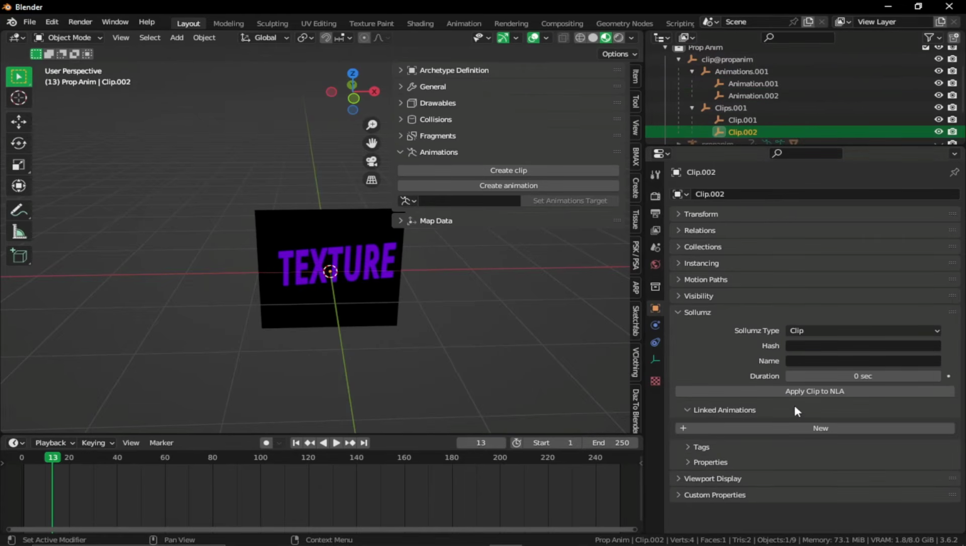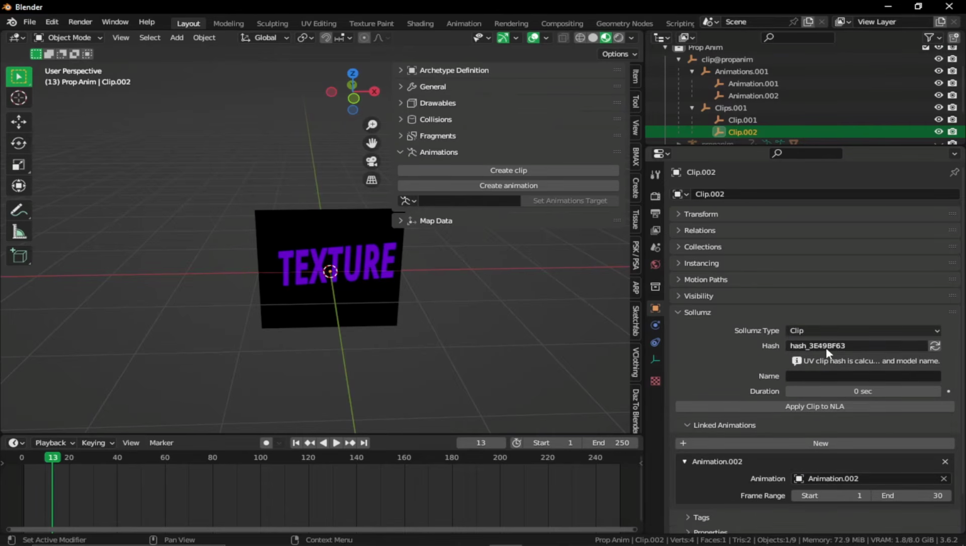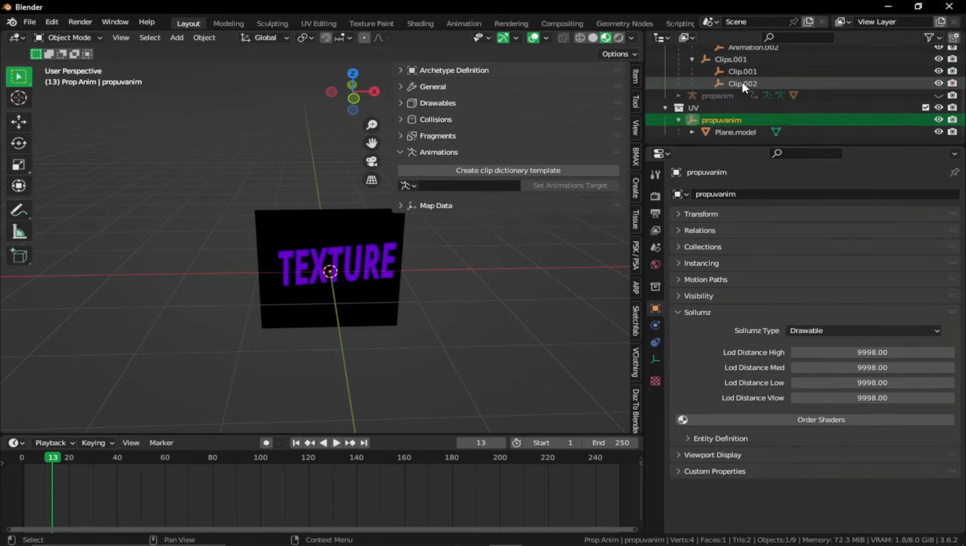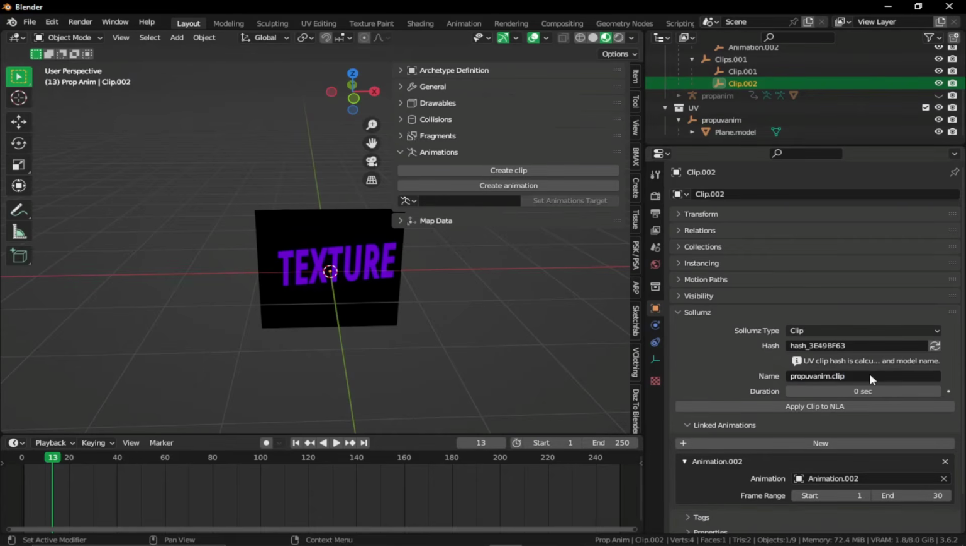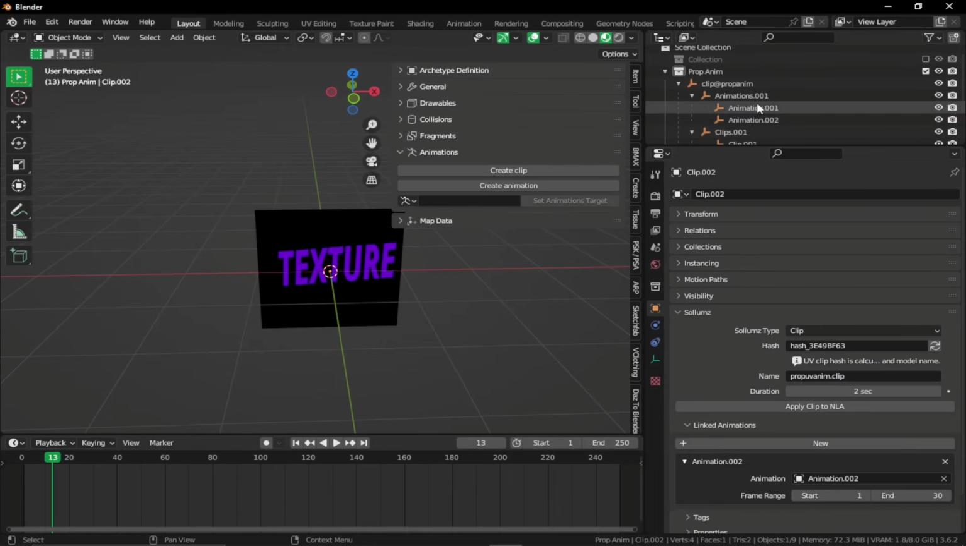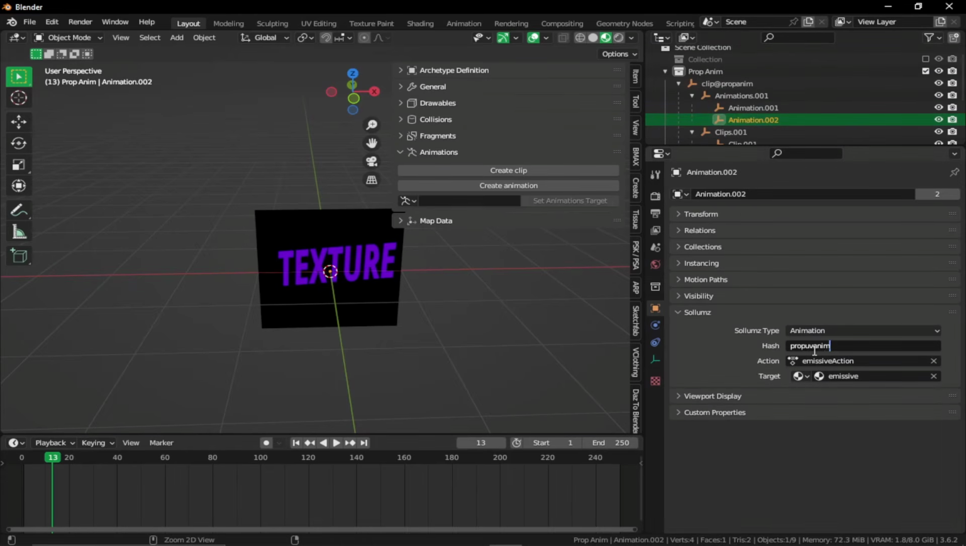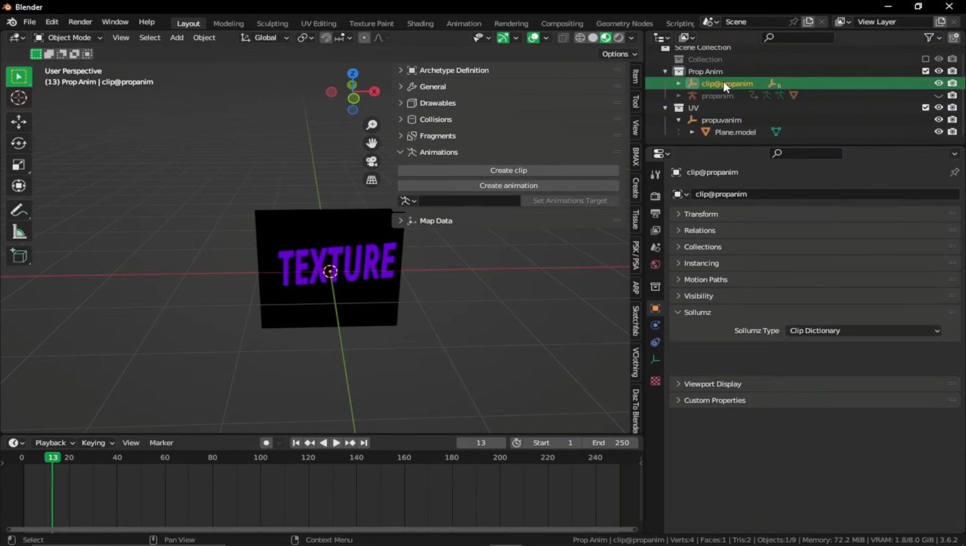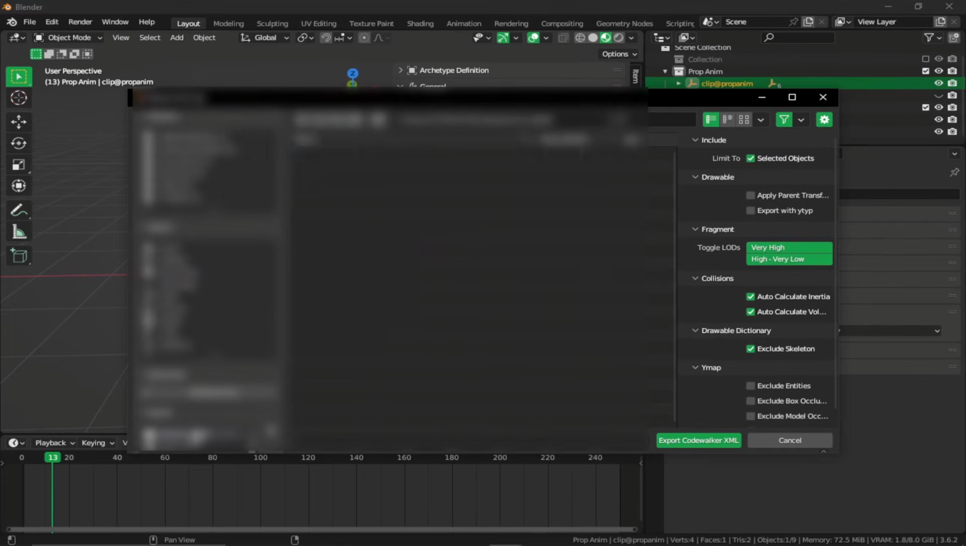Go to clip, create a new linked animation and select the animation. The hash will be autofilled. If it's not, just click on refresh. Under the name, we can just give it our prop name. So prop uvanim.clip. For duration, it is going to be 2 seconds. And under animation, let's give it the same name. Then we can just export this YCD